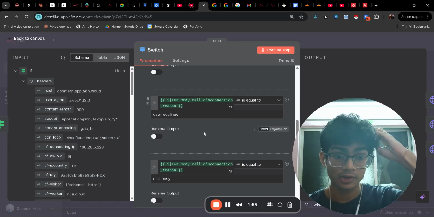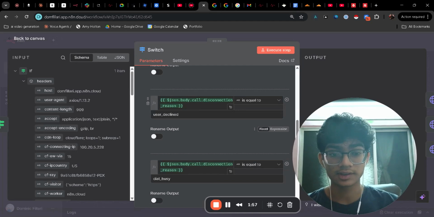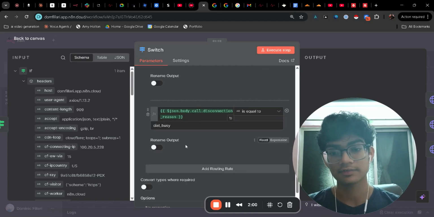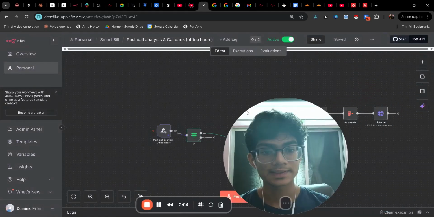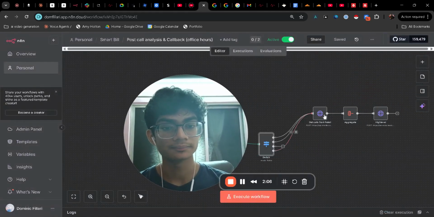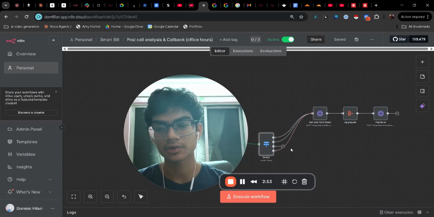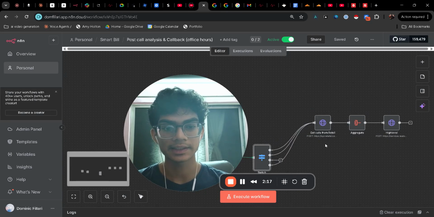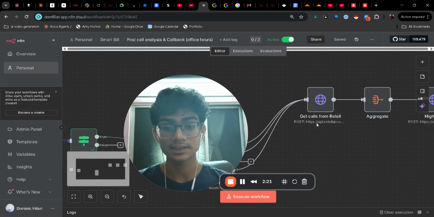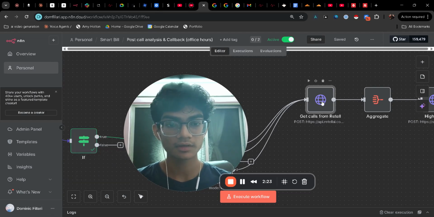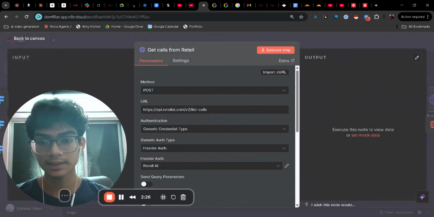Then the user may decline because it's not the right time for them, or the line is busy. So for all of these, we basically get calls from retail. If the user has declined, we are not doing anything. We are not going to call them again in this campaign because they might get irritated. But for the rest, since we have their number, we just make an HTTP request